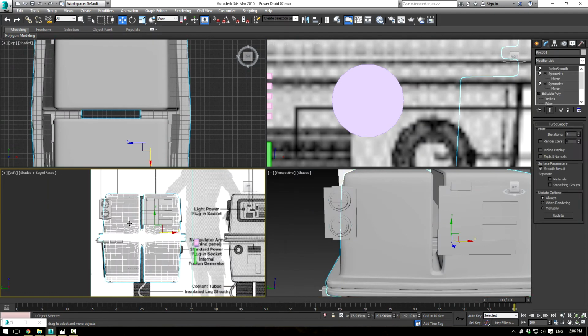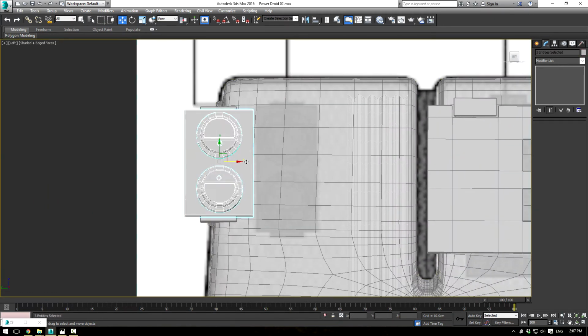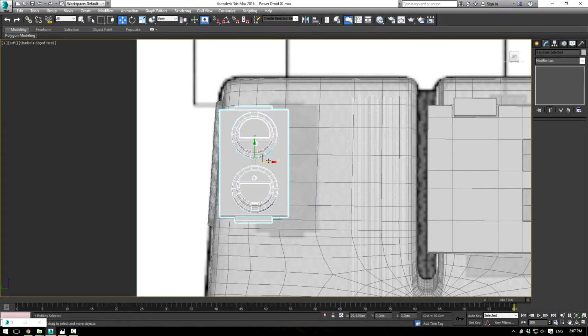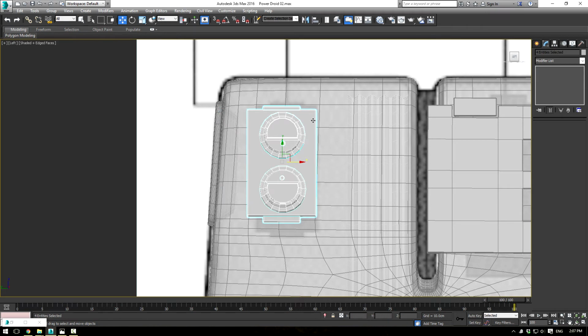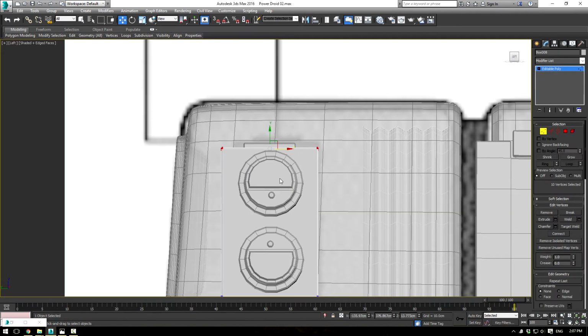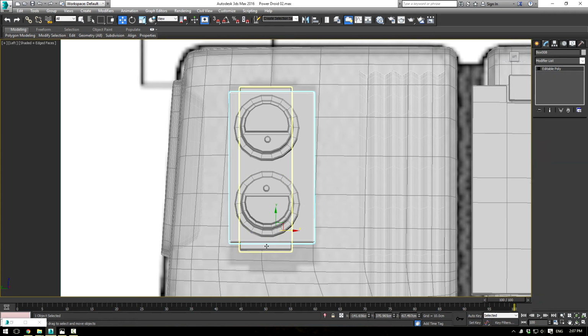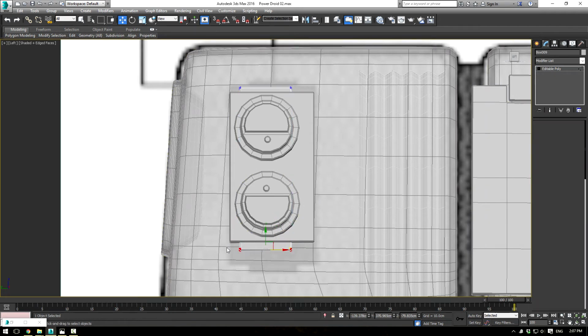So let's move our stuff here back into position. But I mean, that's half the battle, is just understanding what went wrong and trying to fix it. Just go ahead and do a bit of editing here. Okay, and then let's